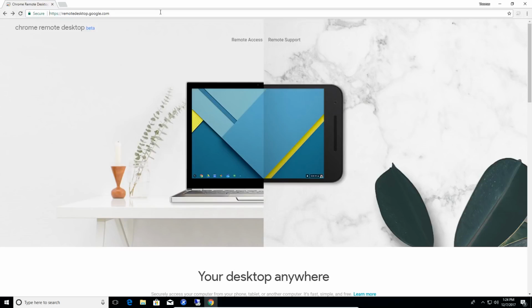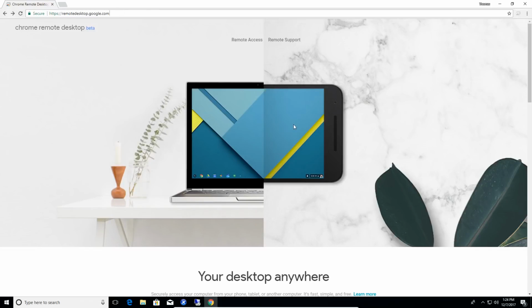So you go to remotedesktop.google.com. It has an official site. It's not just a plugin from the store that, like I said, I was never really sure about how good it was. And I did some testing with it a while ago and it worked. Well, now that they've brought it to prime time, it works really well. So we're here at